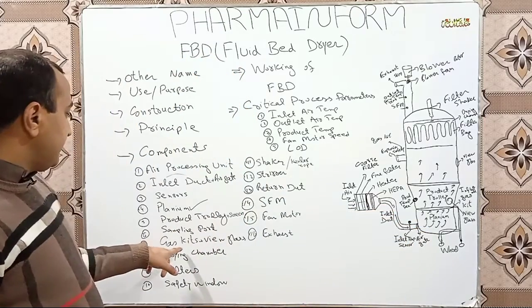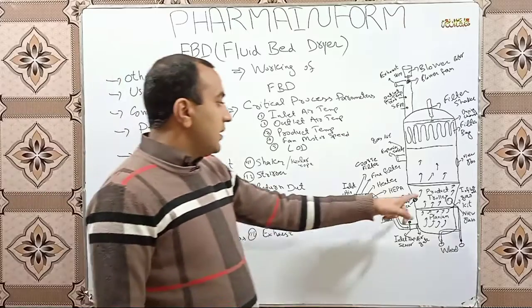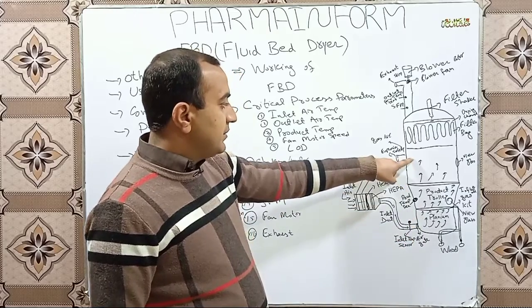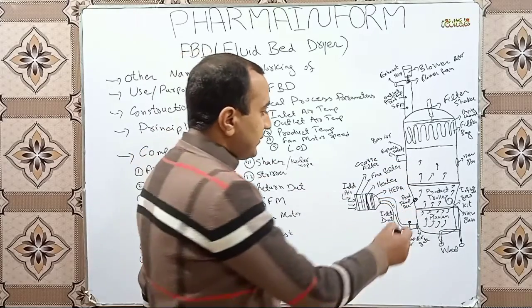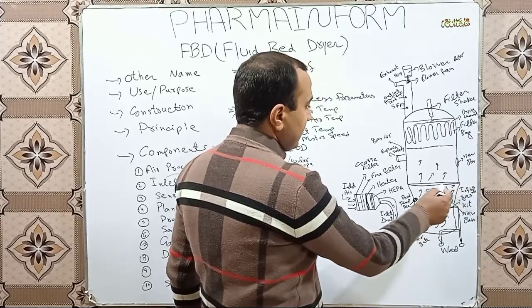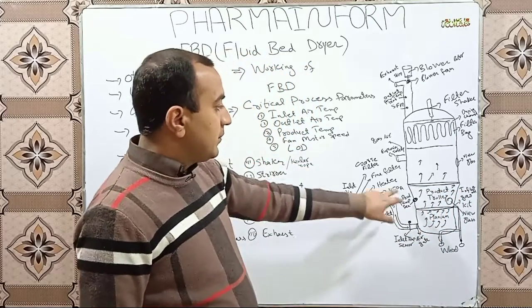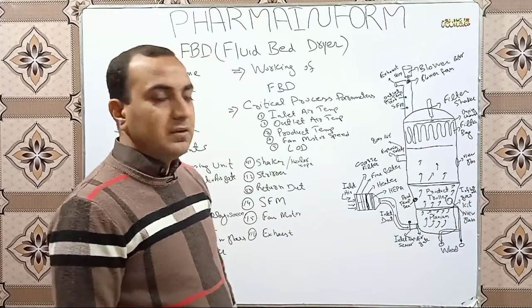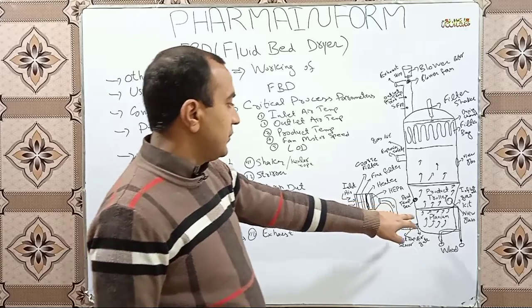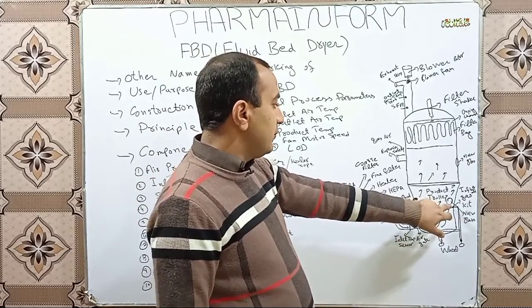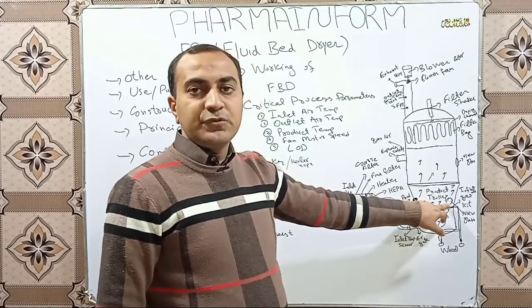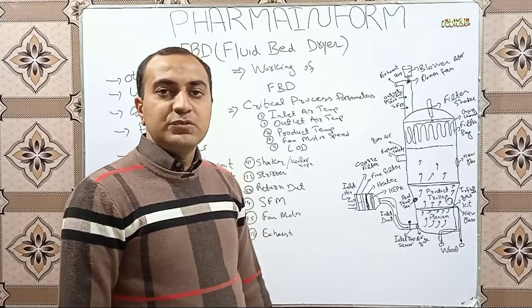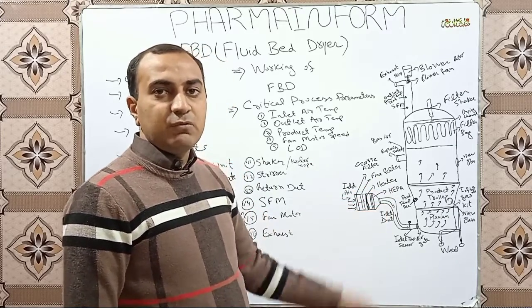The next part is gaskets or view glass. The product trolley is sealed between the plenum and drying chamber, and different types of gaskets or seals are attached at this point, which are inflatable, meaning these seals are locked using air pressure, which prevents the loss of product during the drying process. View glass windows or view ports are small glass windows attached to the product trolley and drying chamber, through which we can easily see the inside fluidization process.